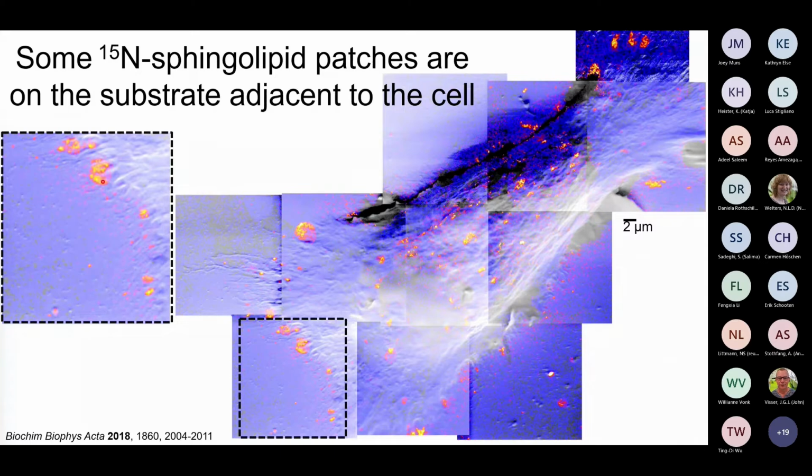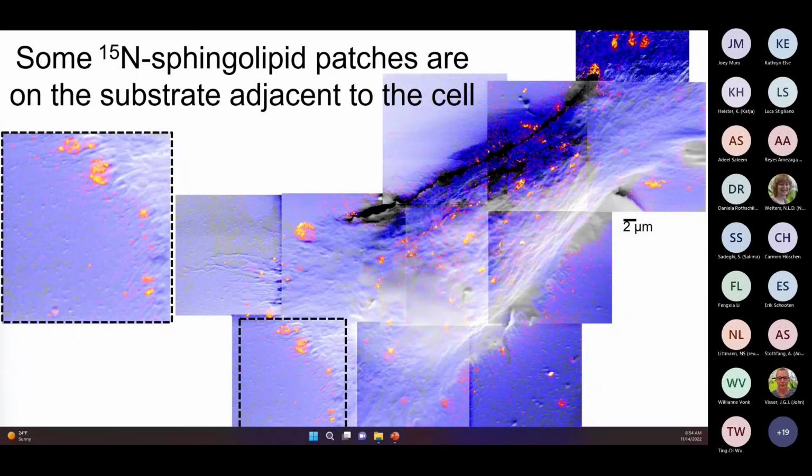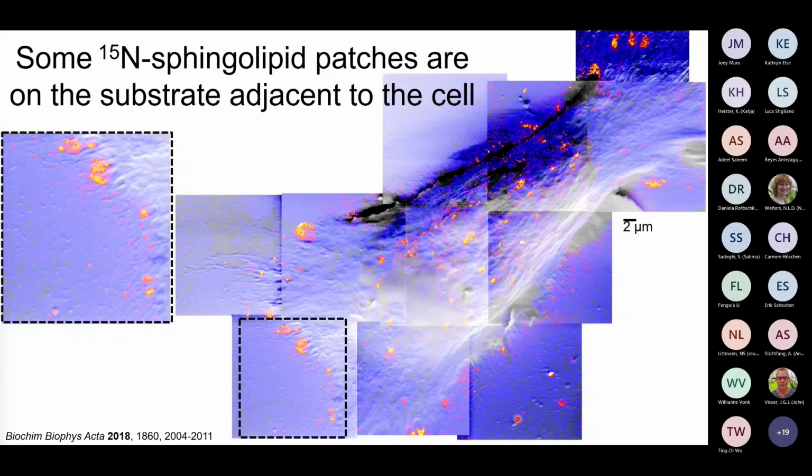And when they're on the substrate, they're pretty round. Often they're at the end of these little extensions. So it actually looks like what we're seeing is sphingolipids that were somehow released by the cell. We believe that would be in the form of some sort of vesicles that are being released at the edge of the cell. So we were not expecting to see that,